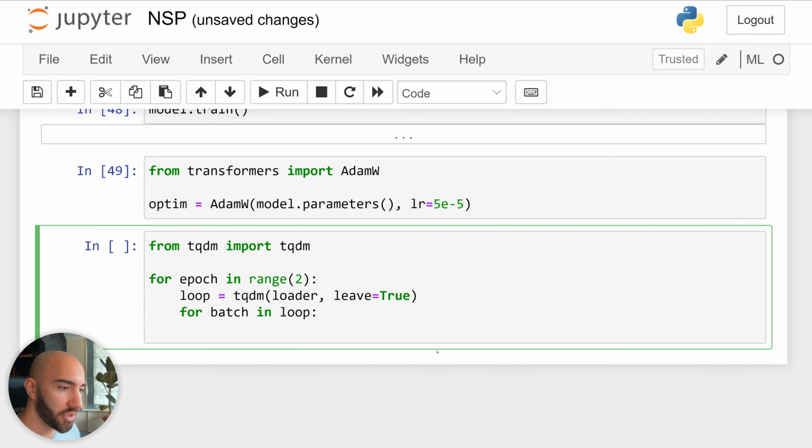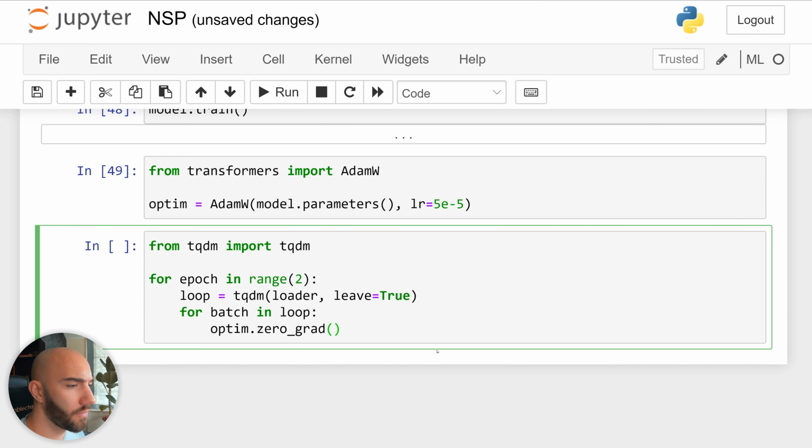What we want to do here, very first thing, is set our optimizer's gradients to 0. So obviously in the very first loop, it's fine, it doesn't matter. But every loop after that, our optimizer will have a set of gradients that have been calculated from the previous loop, and we need to reset those. So we write optim.zero_grad,